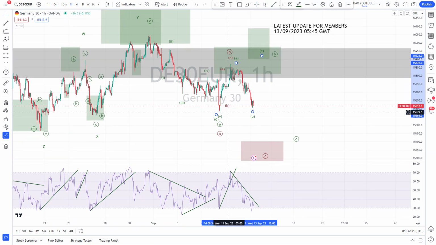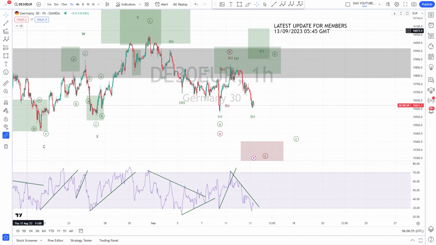We are getting quite close to this low here. So therefore, I would call for a flat. And then what should happen today is 5 waves up, 1, 2, 3, 4, 5, as a wave C here